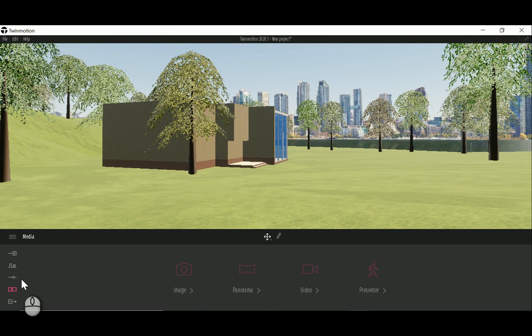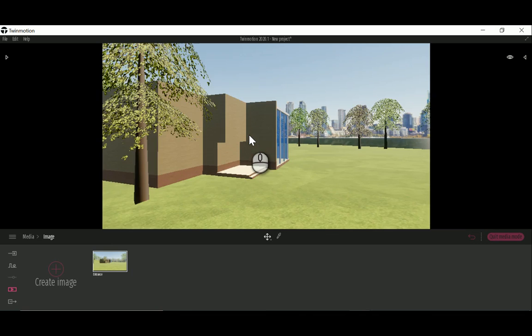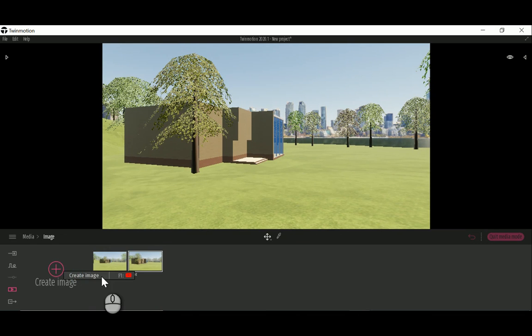I can create an image. I want to rename it from here. Actually, rename. I want to rename it the entrance. Okay, create image. I want to name this entrance two. It's a little bit closer